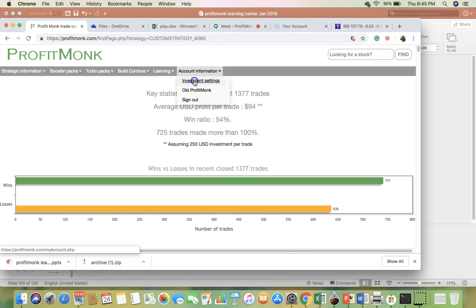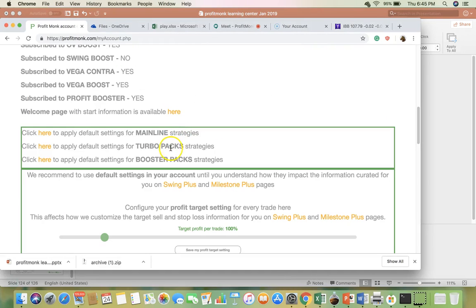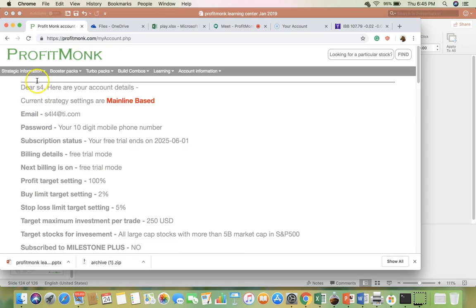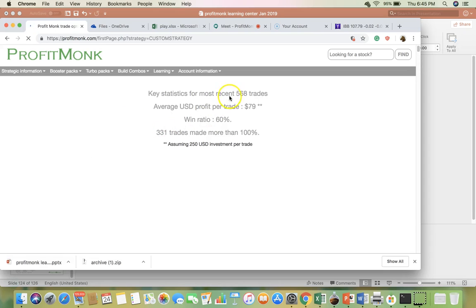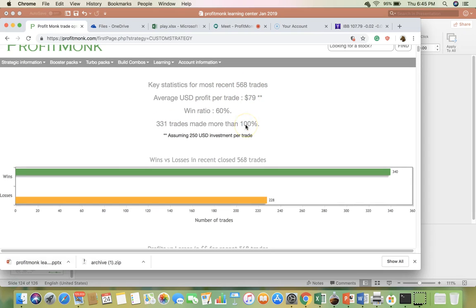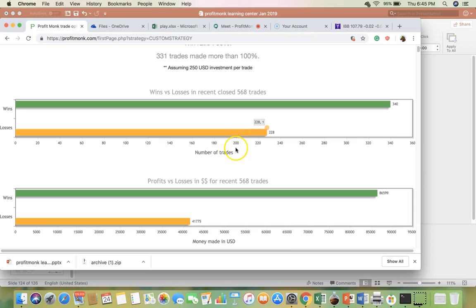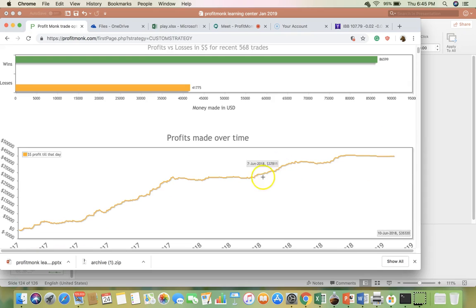You can in fact get the same information from the web page. So if I just click on the main line, because we were looking at the main line, let's go for the mainline default strategies and go to the mainline page. You can in fact get the same information from this page as well. So out of 568, how many trades you were profitable and how many lossy, and then this graph tells you